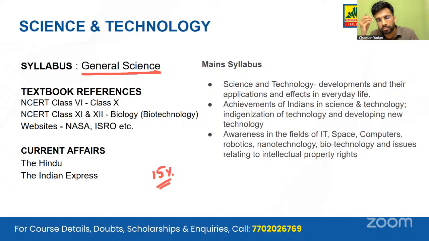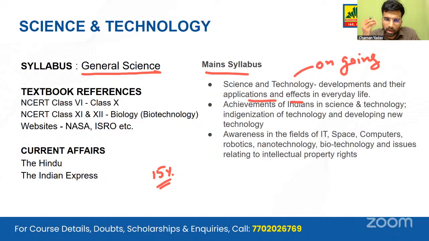So how do we prepare for the questions that might be asked in the prelims? As Deepika ma'am has said, we have to look at the main syllabus because we cannot infer a lot from the words general science. If you look at the main syllabus, they are asking about developments and their applications and effects in everyday life. We have ongoing discoveries and research going on in different fields, be it space science, biotechnology, information technology, communication technology, artificial intelligence, computers, robotics. In these diverse fields, we have research going on.